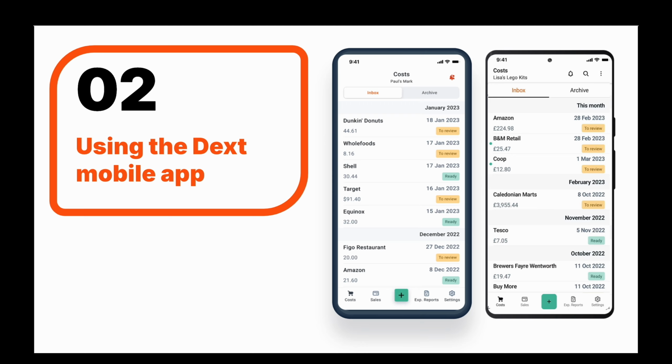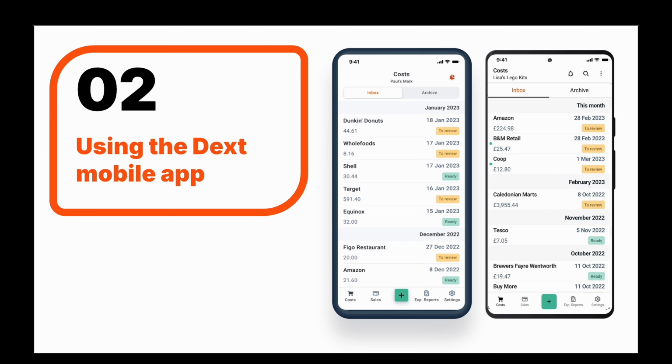And looking at the app in more detail, you can see that it's probably going to be one of the easiest ways to submit your receipts, invoices, or PDFs to your accountant or bookkeeper. You won't have to keep them in a shoebox or find time to drop them off. You can just easily take a picture and start sending things quicker